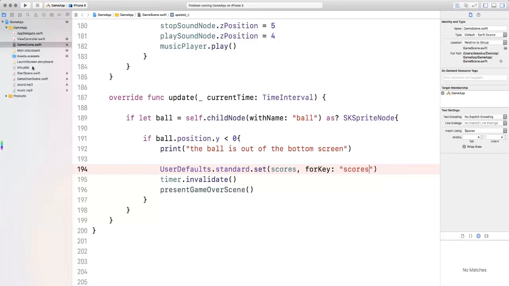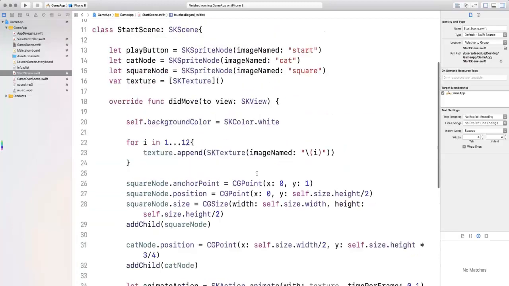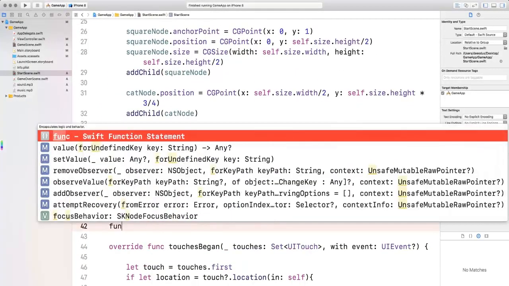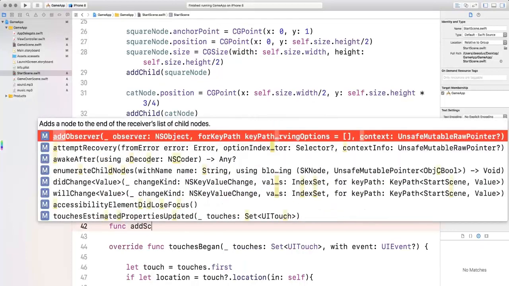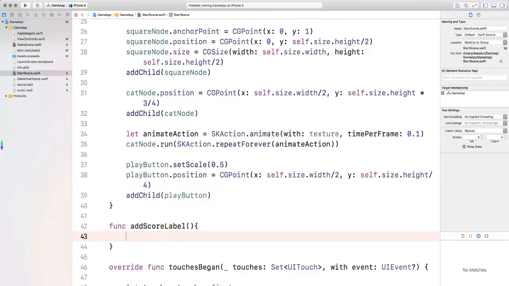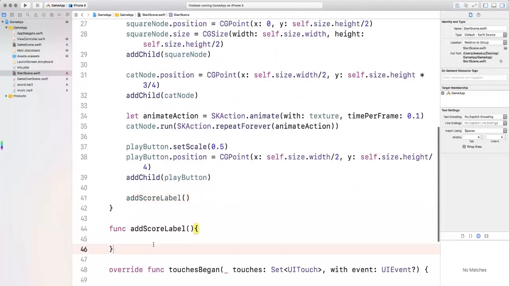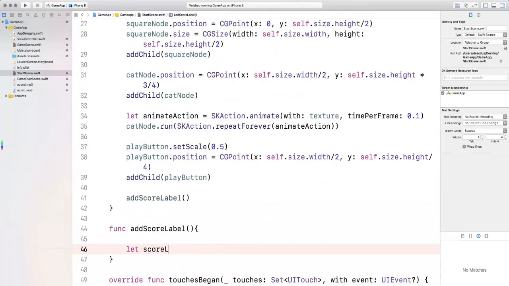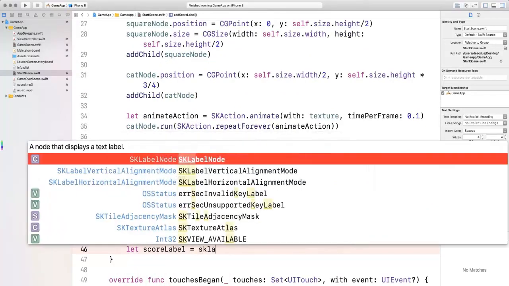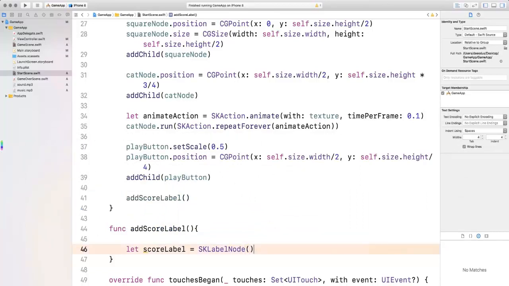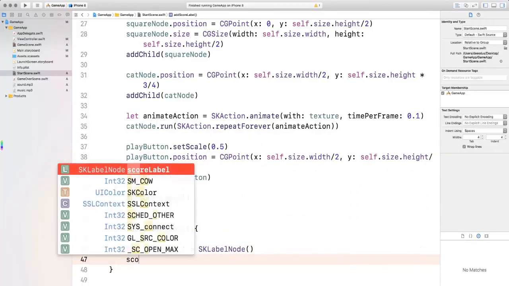Then we need to go to the start scene where we're going to write a little bit of code. So let's add a function here, func addScoreLabel. We're going to call this function inside the didMove function, which is at the top here. So we have the didMove function. Let's call the function, and then we're going to create the label. let scoresLabel equals SKLabelNode. You can initialize it without giving it any properties, and then we want to set some of the properties of